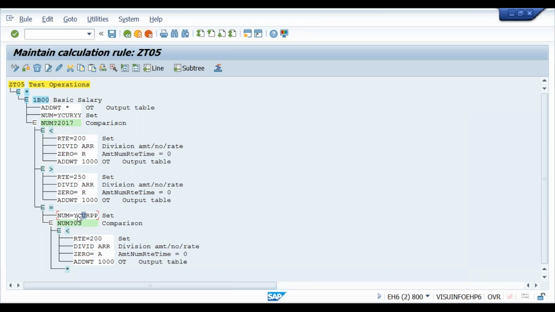Here you are taking some value into the number field and you don't want to see the number in the output. You can delete number as well. Keep only the rate in the output.